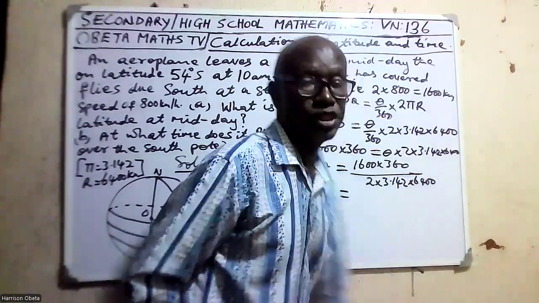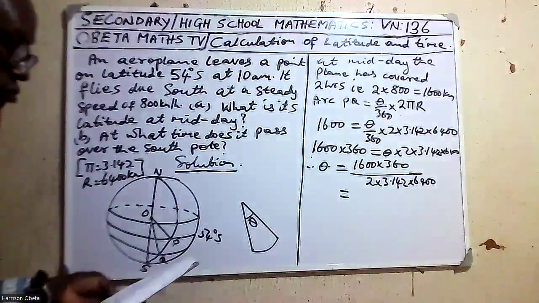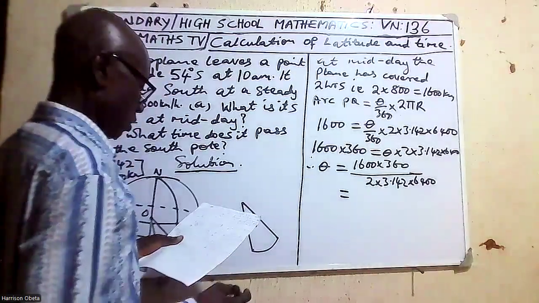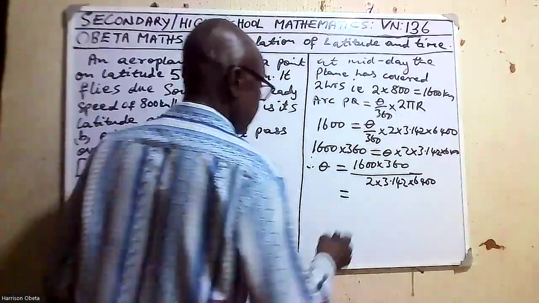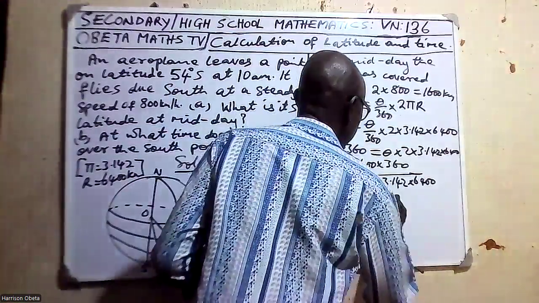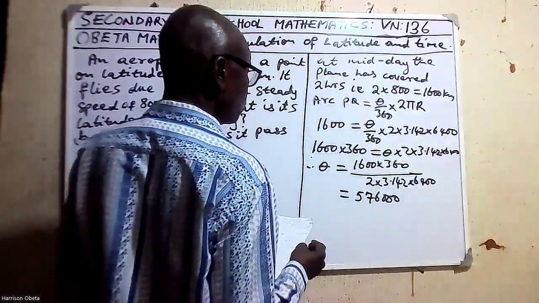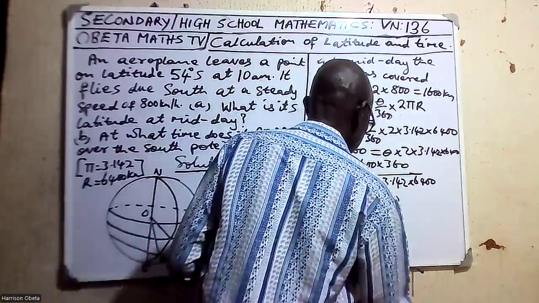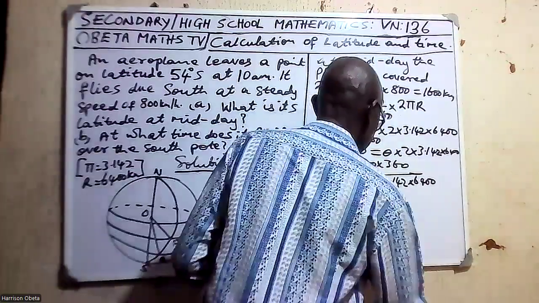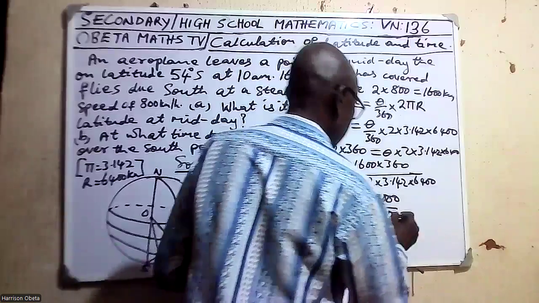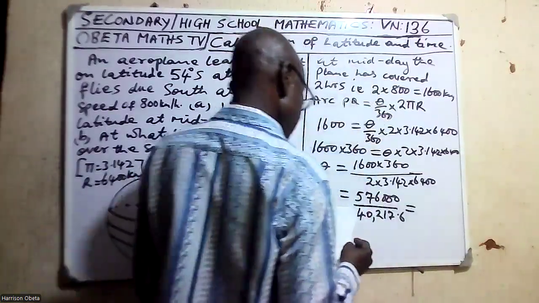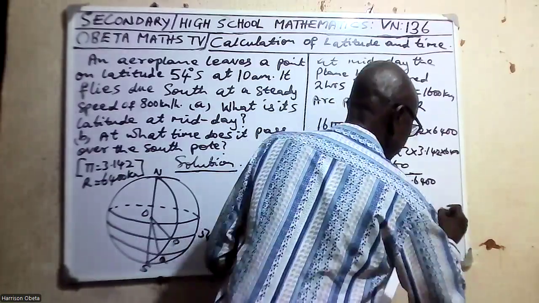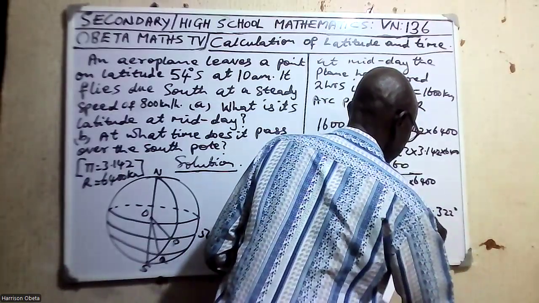So if we check from our calculator, this will lead us to 576,000 all over 40,217.6. That is finally 14.322 degrees, approximately equal to